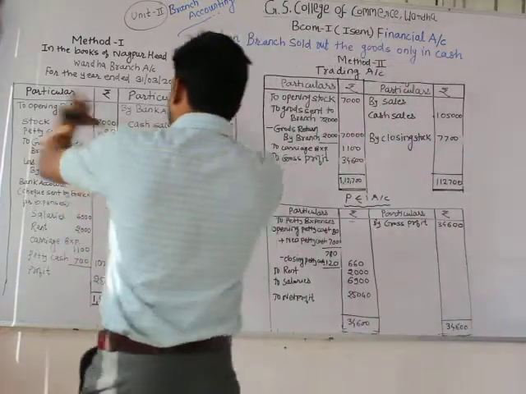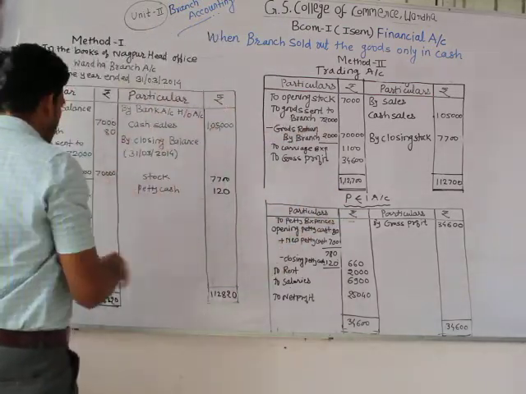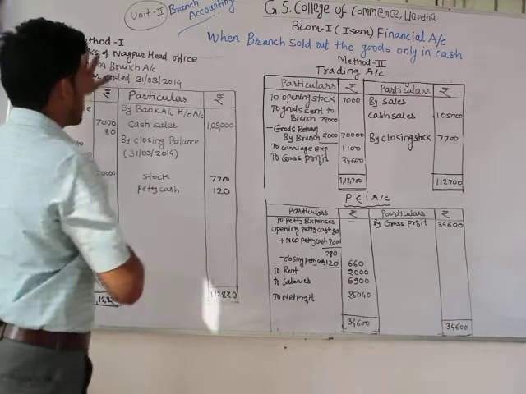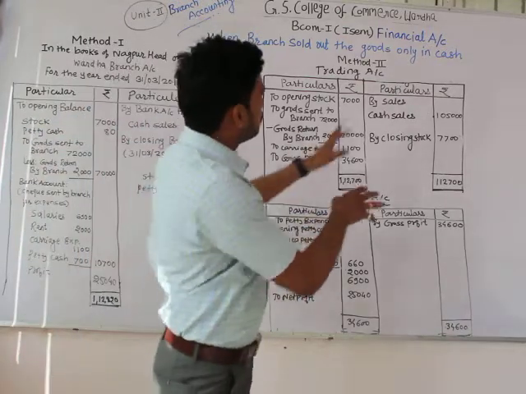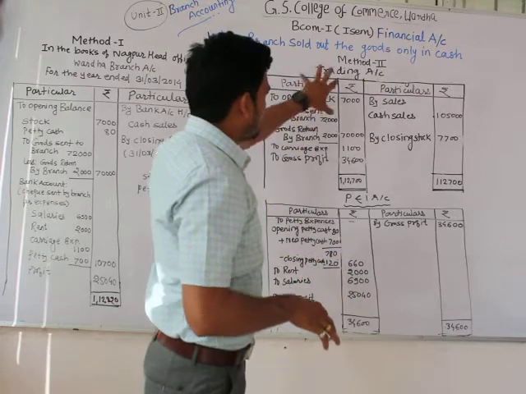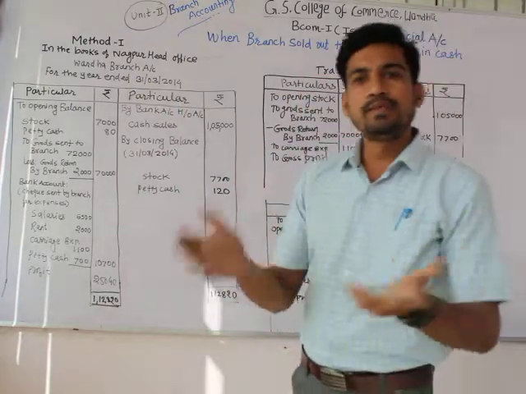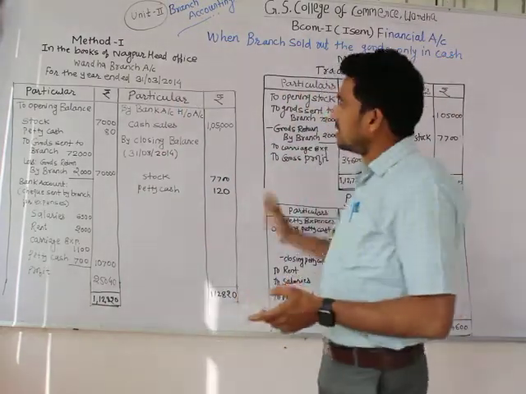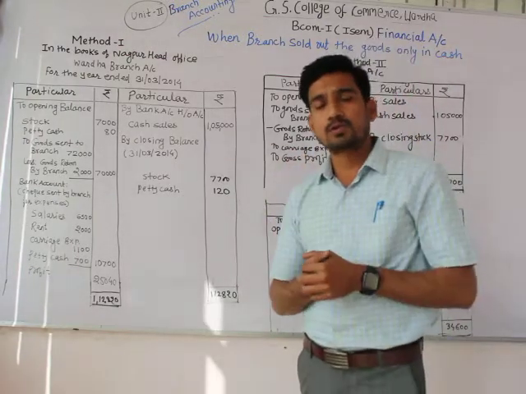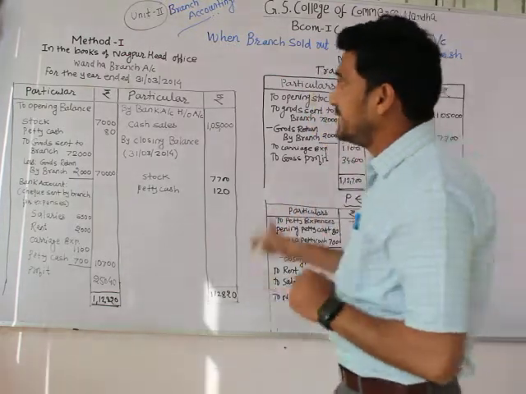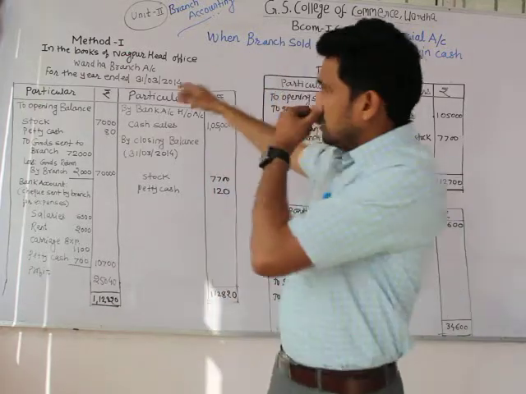Now to prepare a branch account, I have mentioned here 2 methods. This is the first method, in which we clubbed all those things in one account. So here you can see the trading and profit and loss account is mixed in this particular account. This is method first. And if you want to analyze it more properly, then we have to move to method number 2, where we prepare a trading account separately and a profit and loss account separately. There is no need to solve the problem by both methods in the examination, because we don't have that much time. If you are comfortable with either of these methods, you can solve the problem that way. The method in which you are comfortable, you can solve it.